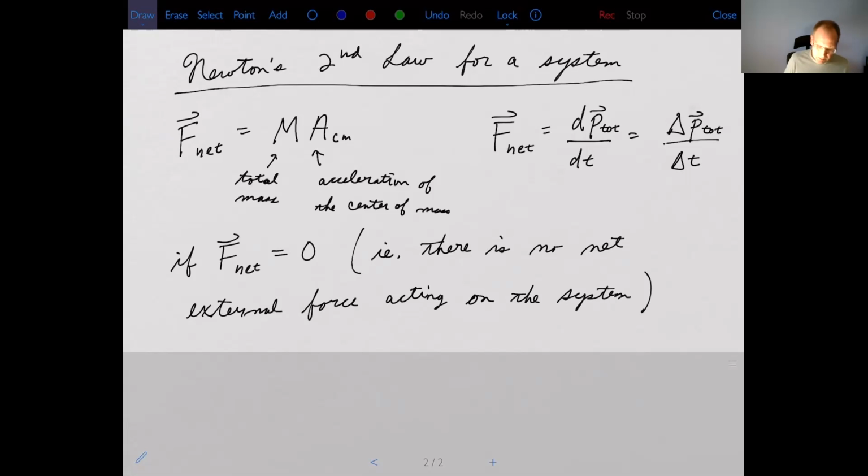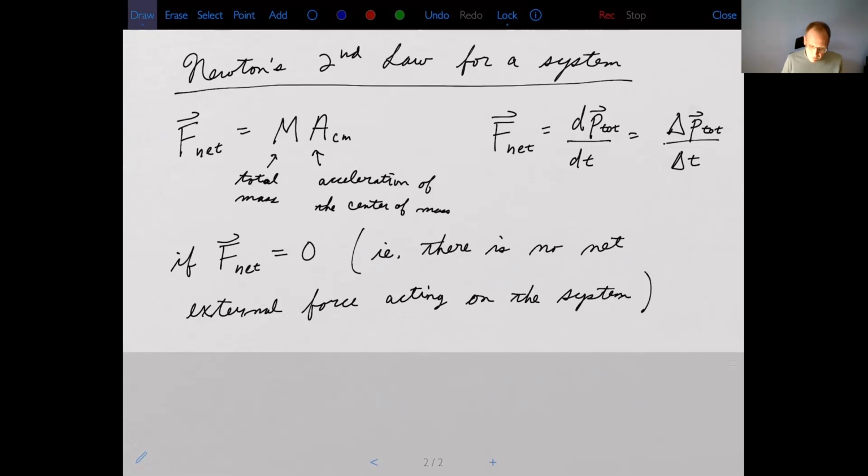acting on the system. Now, internal to the system, that's okay, right? The objects can collide, bounce off of one another. There can be forces applied internally to the system. And it turns out those forces are going to basically cancel out. They're going to add to 0 because of Newton's third law. Okay, so when I say the F net is equal to 0, I mean there's no net external force acting